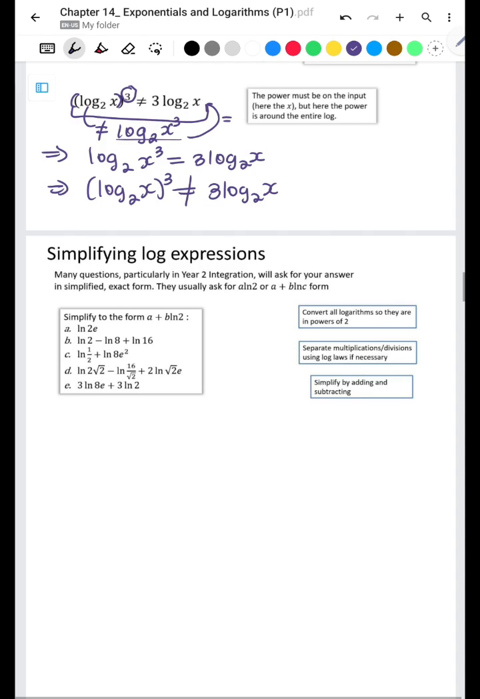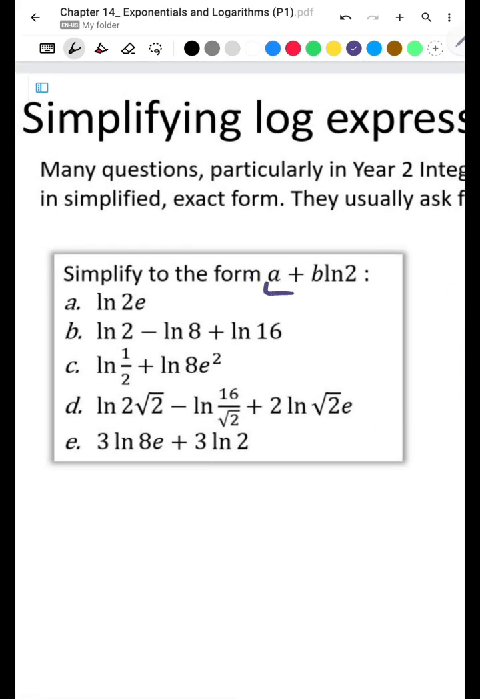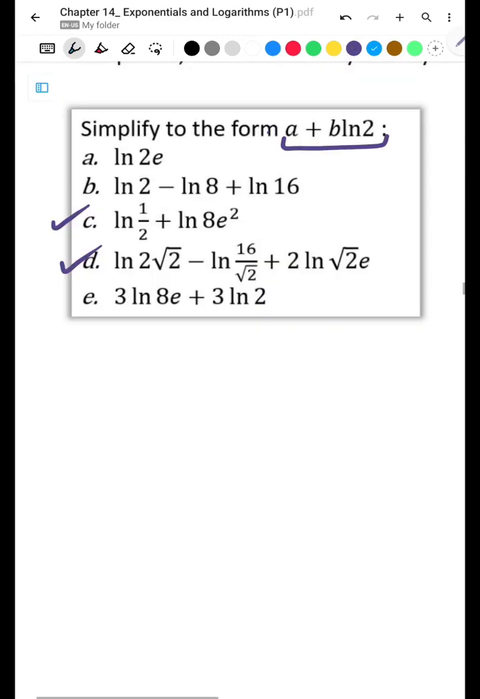Simplifying log expressions. Many questions, particularly in year 2 integration, will ask you for your answer in simplified exact form. They usually ask for a natural log of 2, or a plus b natural log of c form. And we can simplify to the form this. I would like to just pick out, okay, I will do D and let's go with some fractions, C and D. Now, the first step here,